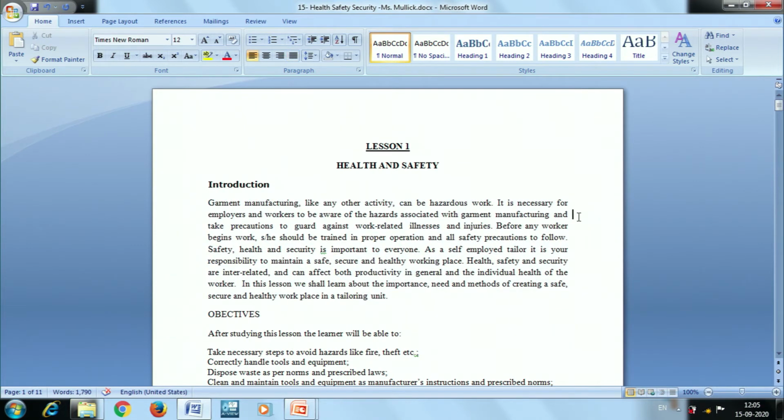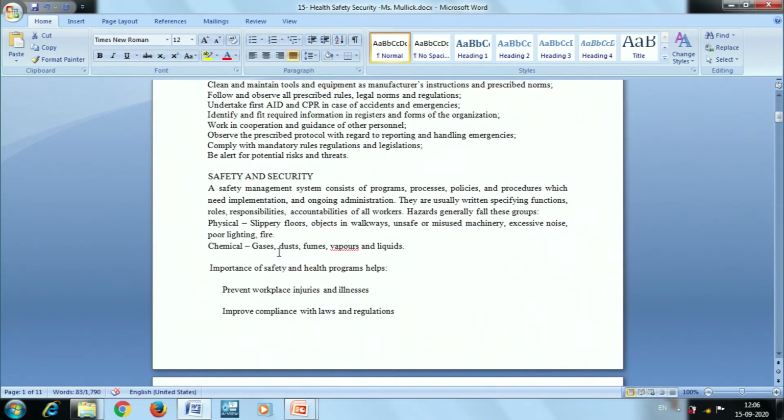Even if you see any magazine or newspaper content, the contents are aligned in the justify alignment, so that it will be easy for the person to get the feeling of reading the contents. If the contents are not properly aligned, then they will lose interest in reading the particular document. So when you are printing or going to publish some papers or documents, you better go for the justify alignment.